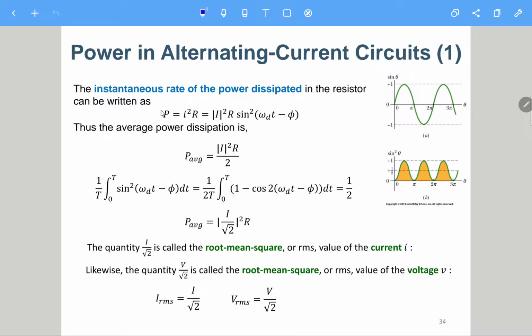So this is the instantaneous rate of power dissipated. Before, our only concern was DC, so the voltage and the current are constant and the power is also constant. So we were just calculating some numbers, and that's fine. But here we have